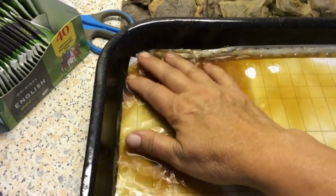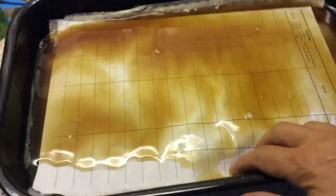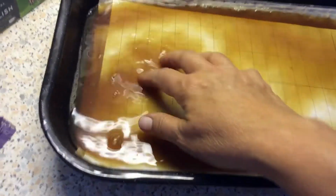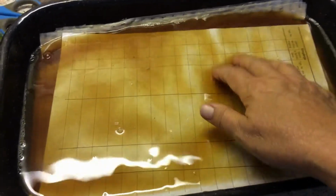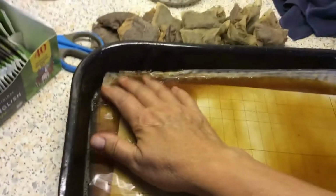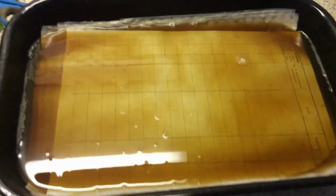Well, I pour the water on them and push them under the water. When the water is hot, it's not very hot anymore, but when it's hot I'm doing it with this thing. So everything has to be wet. Well, I let it soak for a while, and then I